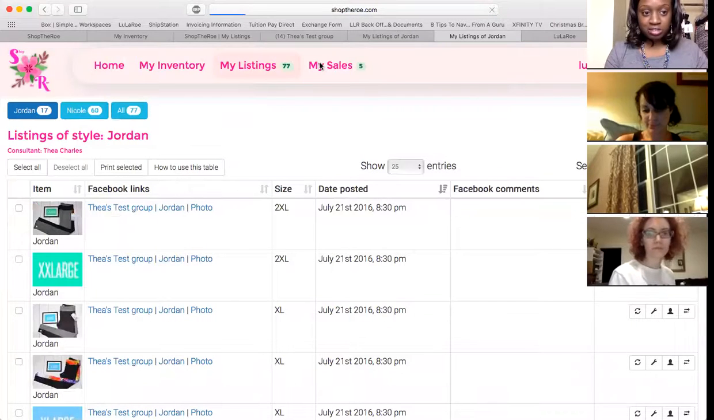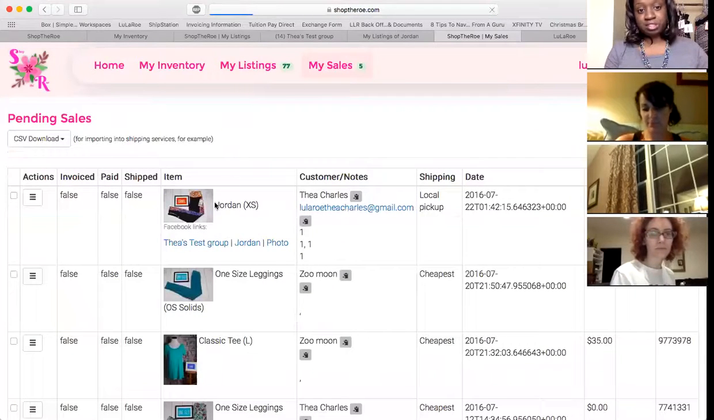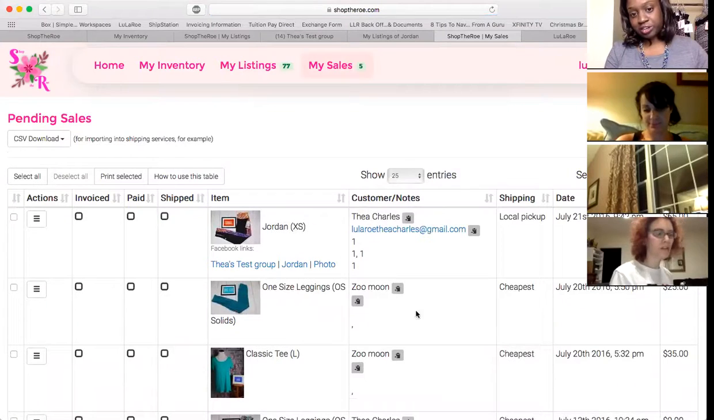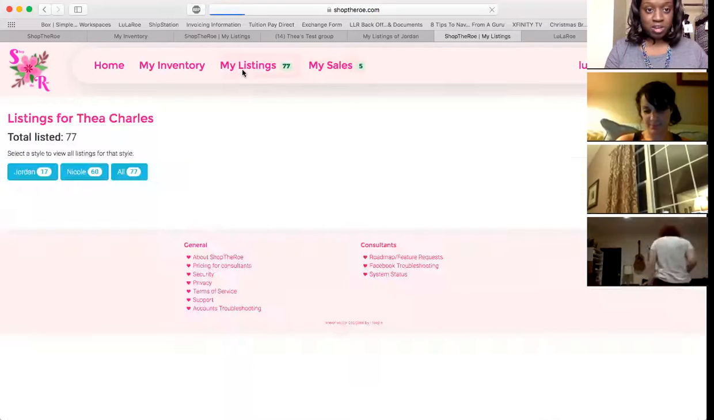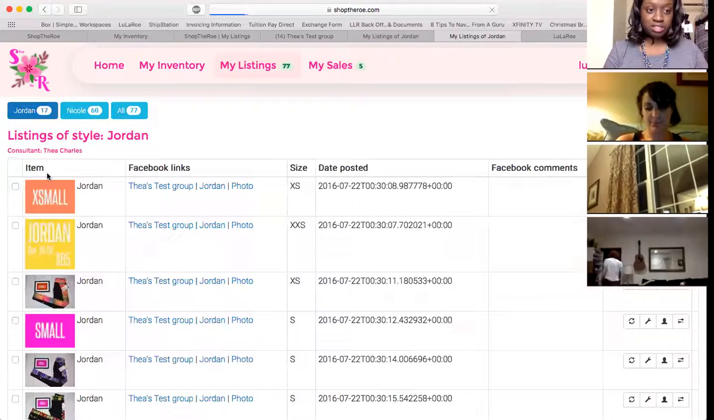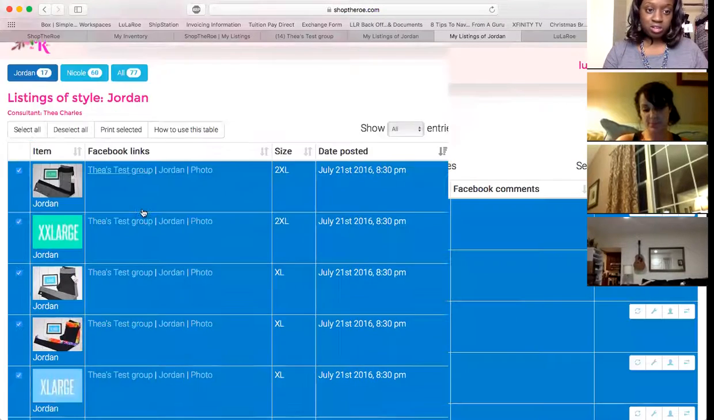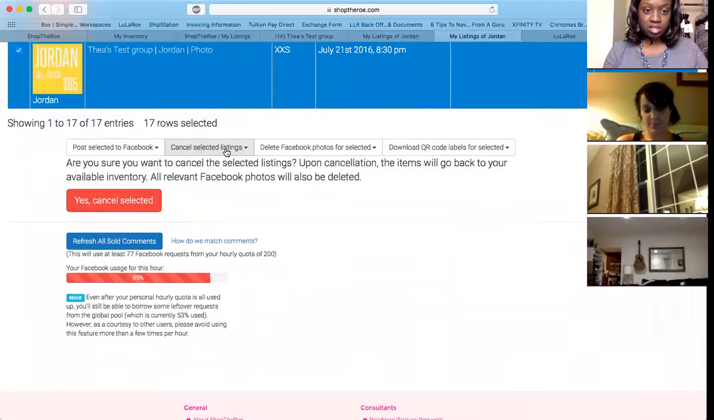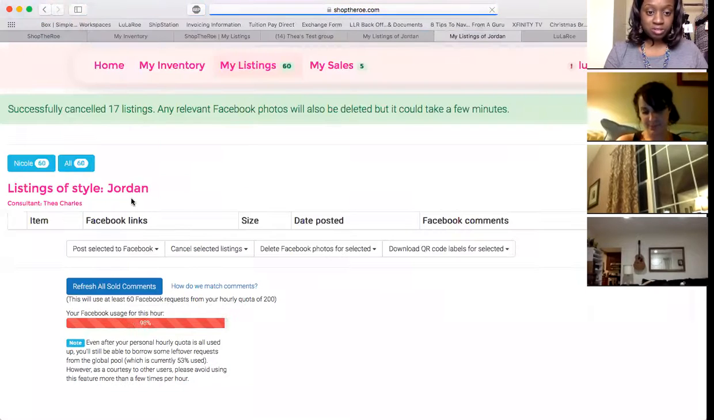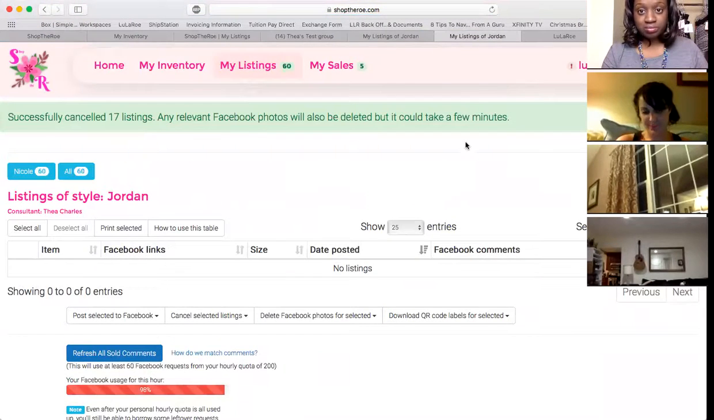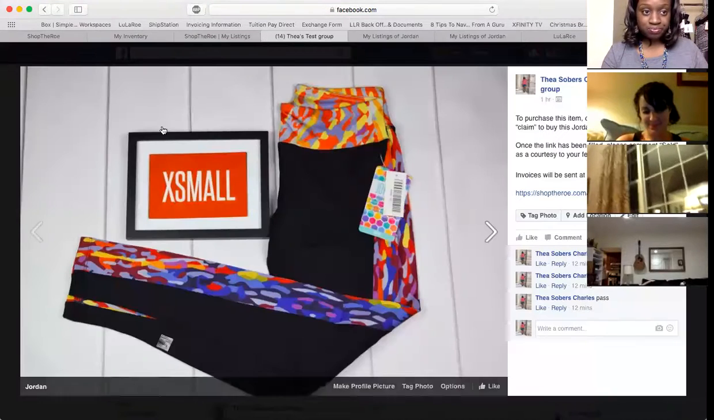So if I go into sales, you can see this Jordan that I just bought is right here, along with my email address, my fake address right here. All right, so I go to my listings, I click on Jordan, go to all, select all, and then if I cancel. All right, so now what it's doing is taking down all those unsold pictures. So everything's gone. And when I go back to the Facebook group,